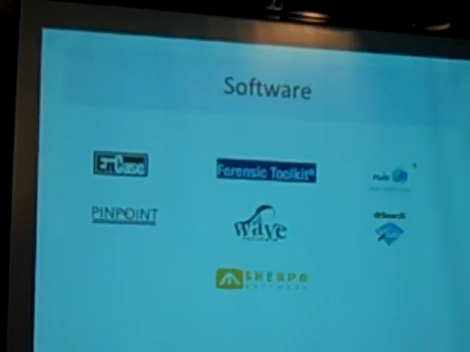remote forensic collection kits that you can send out to different places across the country, across the world. You can pre-configure them to gather data and even search in a very basic way in that data, or filter it as it's coming into the forensic image. Wave software is one that is commonly used to search and get a handle on some of the unstructured data issues we face. And Sherpa is one that we commonly use as we get more and more involved in having to connect to Microsoft Exchange databases, the EDB files, not only the PST and OST, but actually going to the Exchange server itself and connecting to the EDB and being able to pull out mail as a result of that process. Okay? So again, we use anything and everything that's meaningful to us, and many of these applications can help you in your day-to-day, depending on the nature of